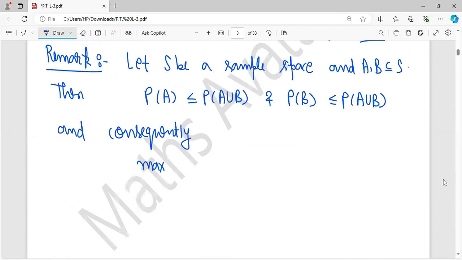Let S be a sample space, and in the previous remark we have taken that probability of A intersection B is less than or equal to the minimum of probability of A and probability of B. Now we are going to do another remark. Let S be a sample space and A and B are subsets of S, then probability of A is less than or equal to probability of A union B, and probability of B is less than or equal to probability of A union B, and consequently